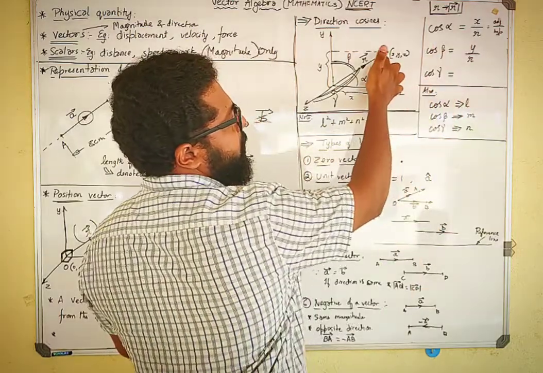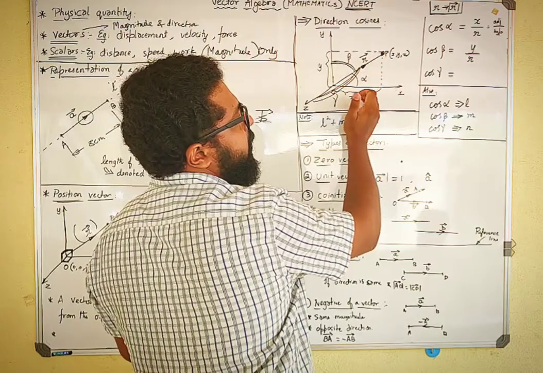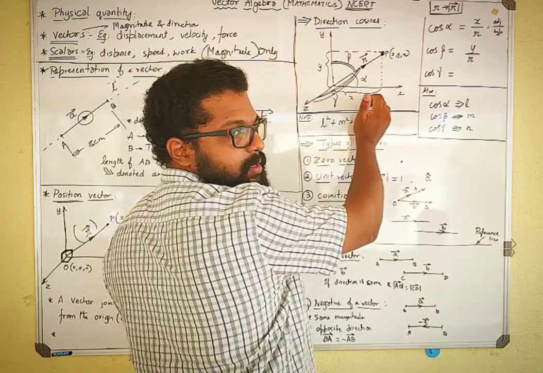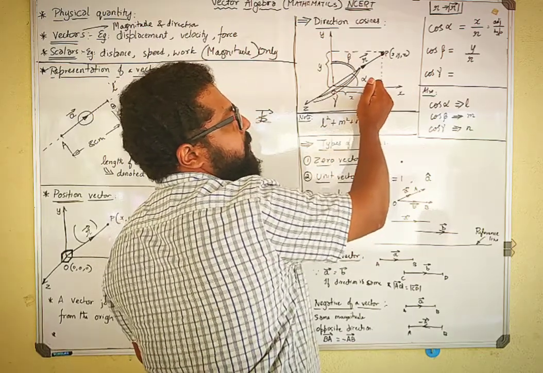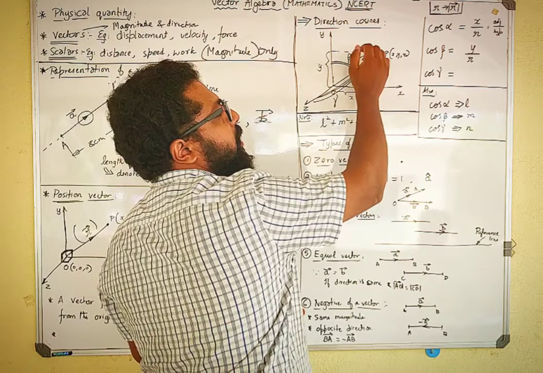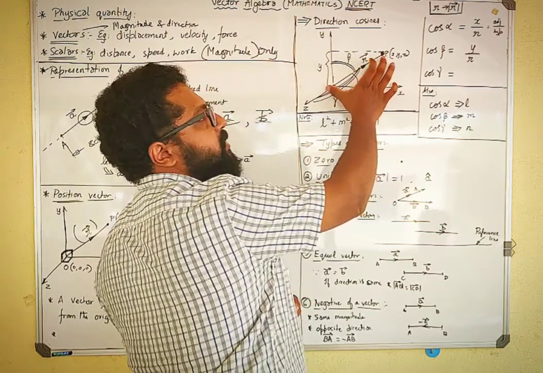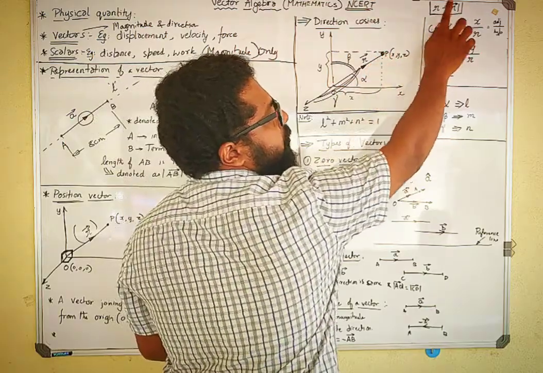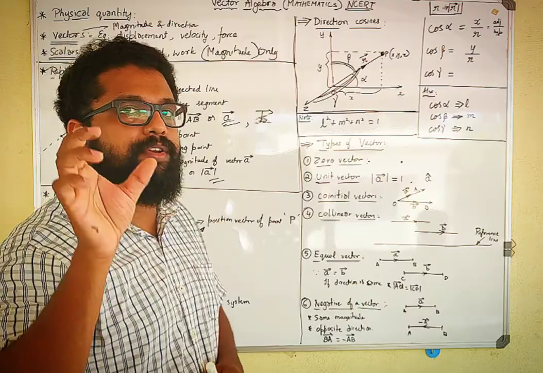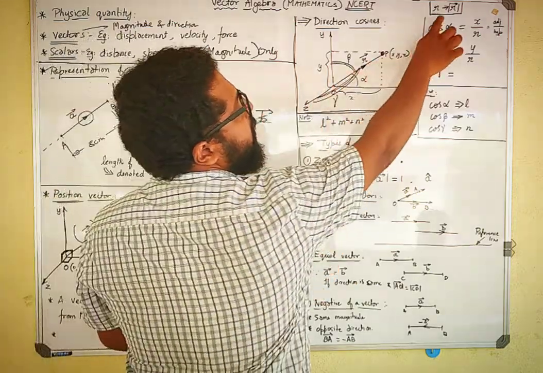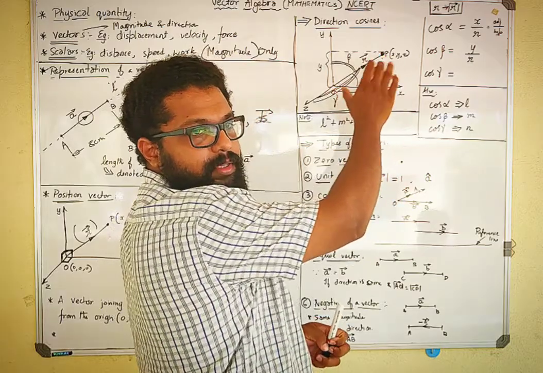You can see I'll drop a perpendicular down from P, and it is nothing but adjacent by hypotenuse. Cos alpha is adjacent by hypotenuse, that is x by r. Well, this r is a vector, correct? But I need the distance of r, which is the magnitude of r. So the magnitude of OP, or magnitude of r, is my distance OP, which means the length of the hypotenuse according to the figure.